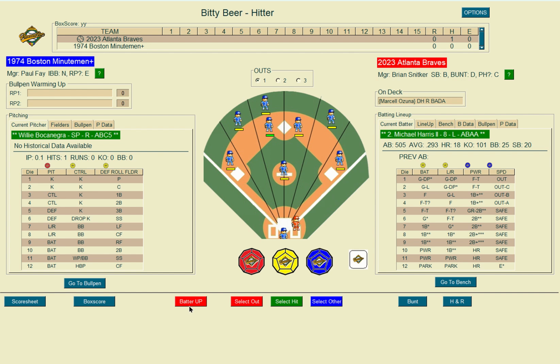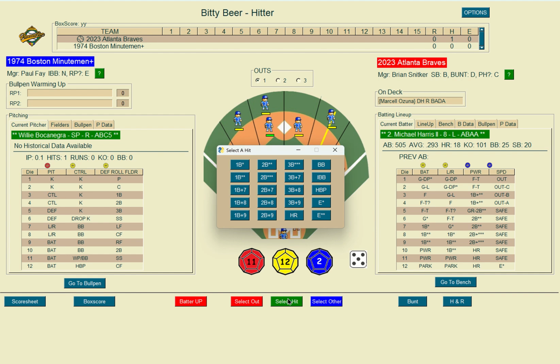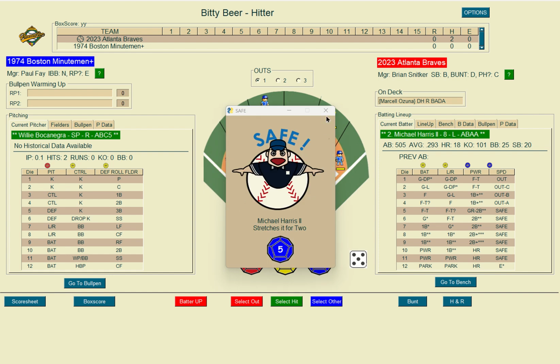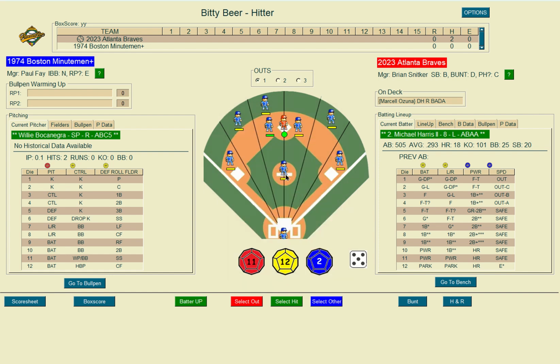So the 11, batter 12, it's a park, because it's a hitter, you add 1 to first, it's a base hit to right field. And do you want him to stretch it? Yes, and he's safe. Turned it into a double there. Michael Harris used that speed of his. So the next batter up,